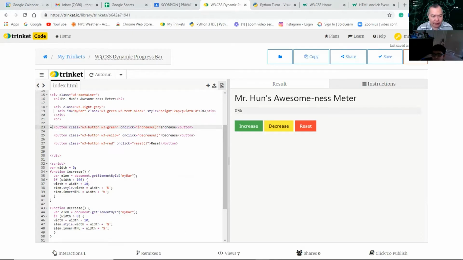Line 23. Read the whole thing. What does it say? It says button class equals w3-button w3-green onclick increase. Okay. So when you click on the increase button,